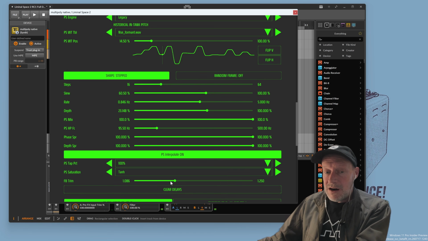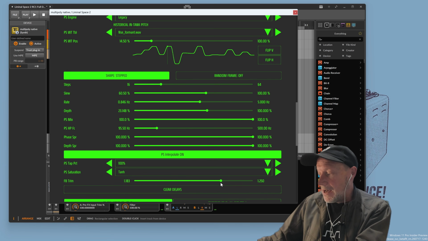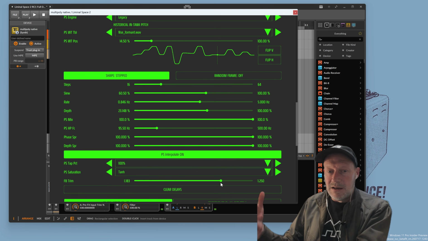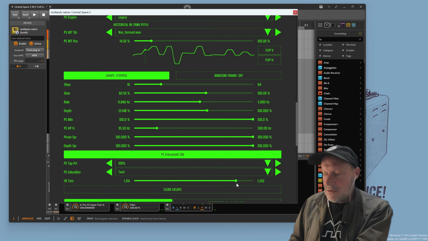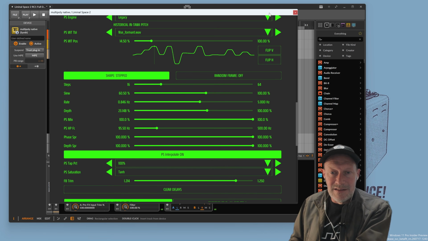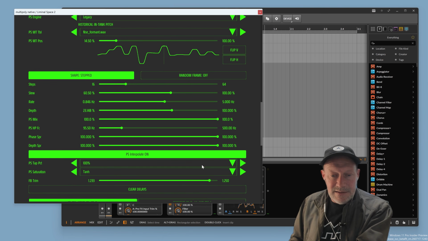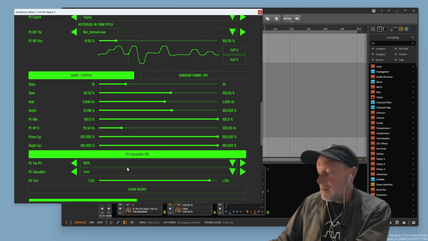So we've gone longer. If we change the feedback trim, it may not happen with this particular patch. Now we're offsetting the energy that we're taking out. We're getting closer to infinity. But this can start to run away from us in some cases. So this is kind of a danger parameter. I don't really recommend